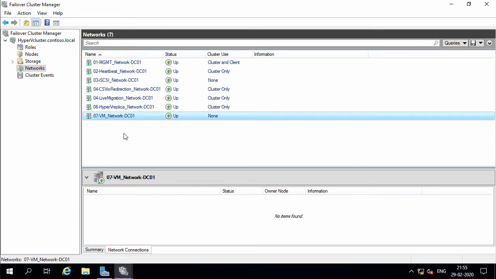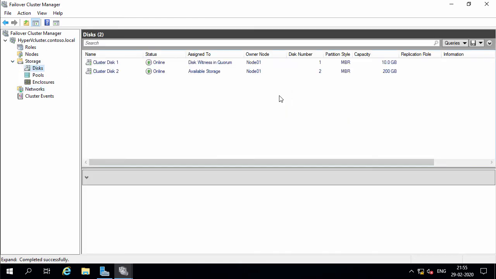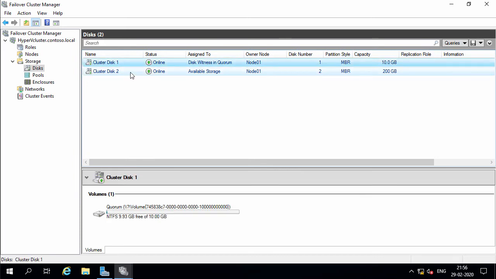I'm still in the Failover Cluster Manager MMC Snap-in and clicking the disks under storage would show the cluster disks which are presented to the Hyper-V cluster nodes. In this example, two cluster disks which are shared iSCSI disks have been presented to the Hyper-V nodes, cluster disk 1 and cluster disk 2.